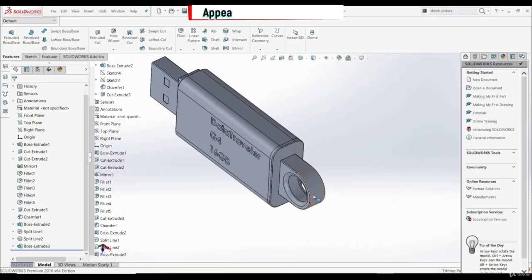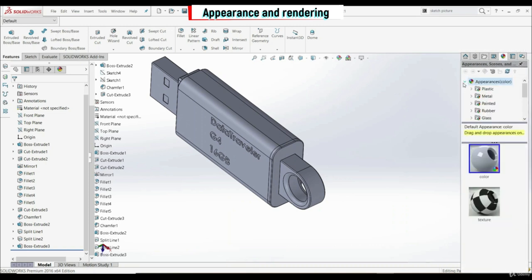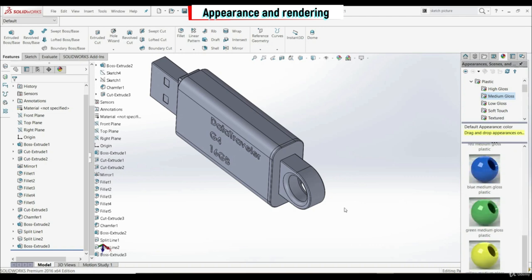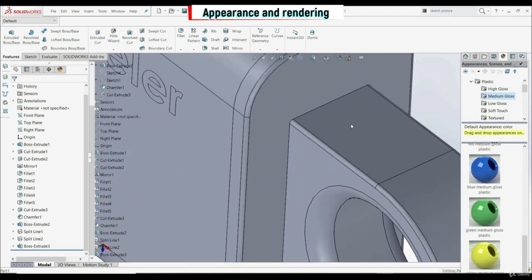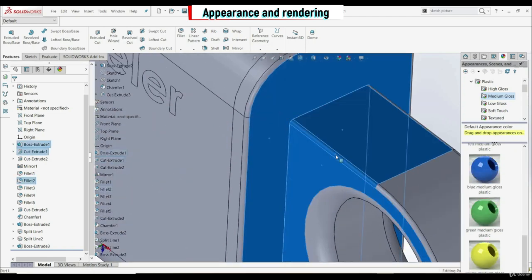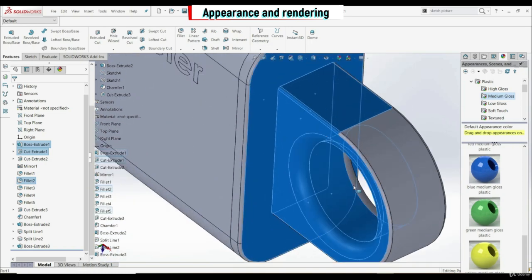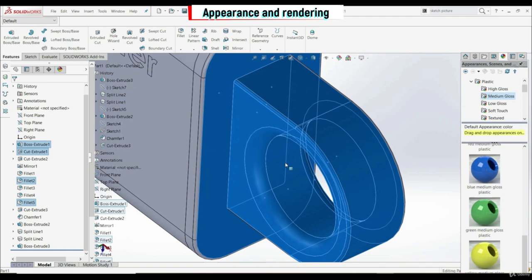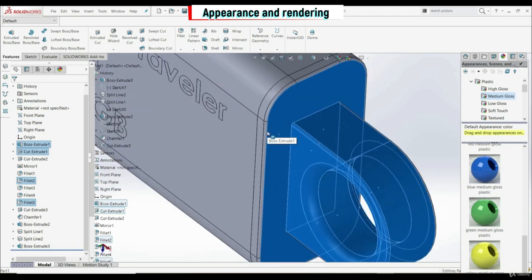So let's apply appearances. Let's go here to appearance. Let's choose plastic. Let's go with medium gloss. And first we're going to start with the blue one. So let's select those faces here, like this. You can also select on the feature manager design tree, but here we have some fillets that are